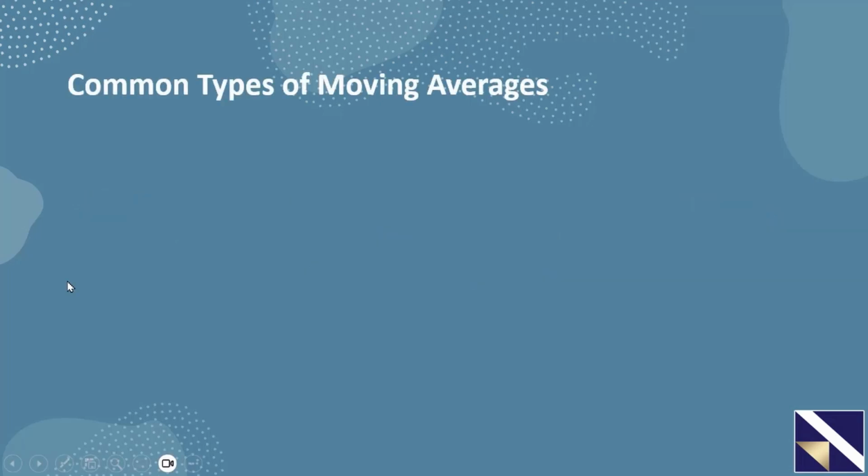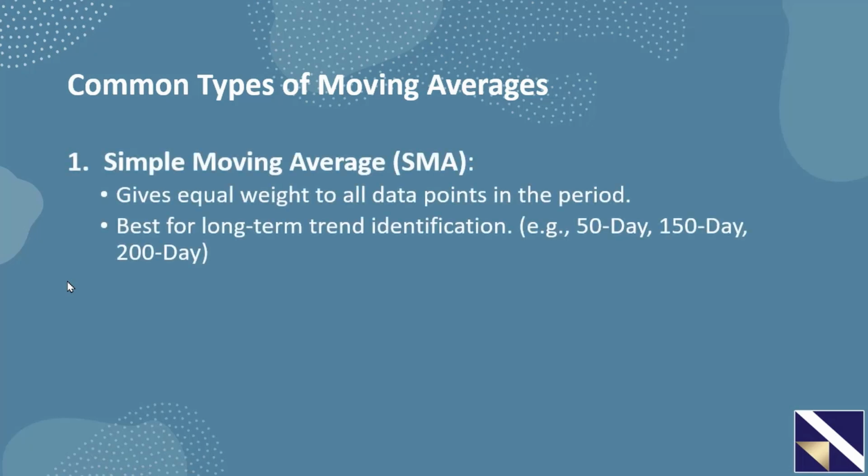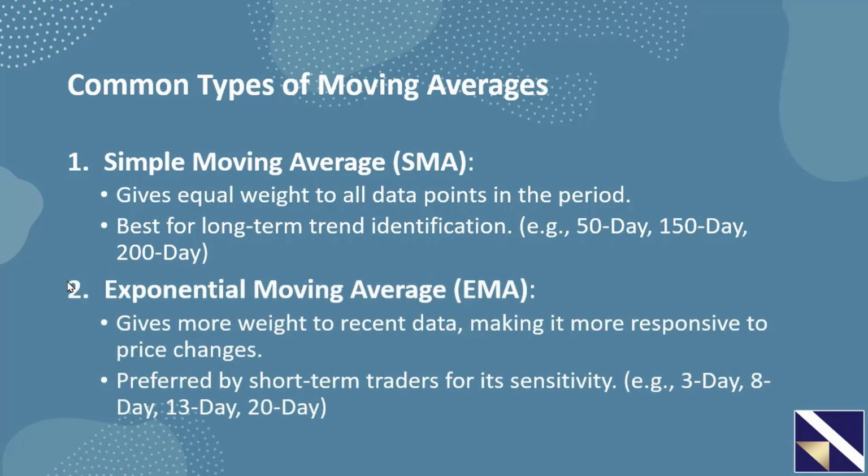Now there are a few common types of moving averages. First, there's the simple moving average, otherwise known as the SMA. A simple moving average gives equal weight to all data points in the period, and it's best used for long-term investors and long-term trend identification. Anything over a 50-day moving average, I think SMA is perfectly fine to use. It's when you start shortening up the time period that you may want to change the type of moving average